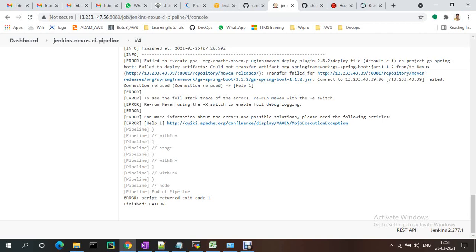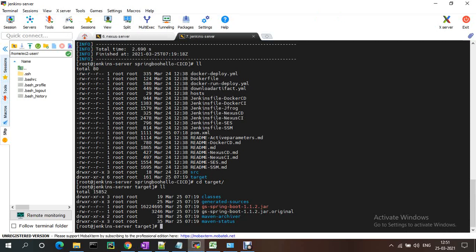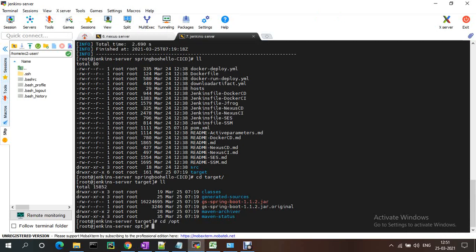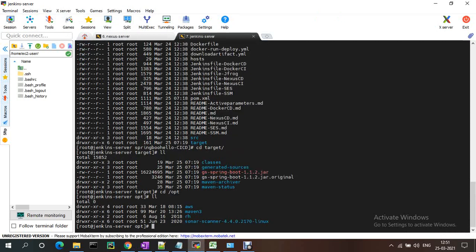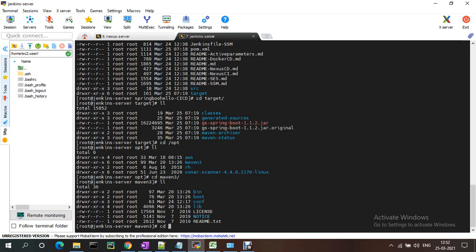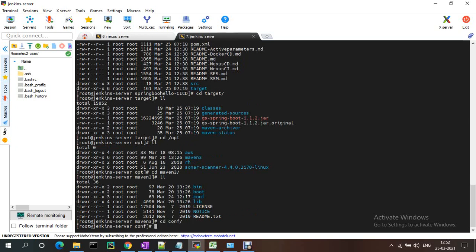So for the connectivity, under Maven settings.xml, you just need to give the server username and IP address. You just need to go to opt, and there is maven3 under conf. Settings.xml is there.